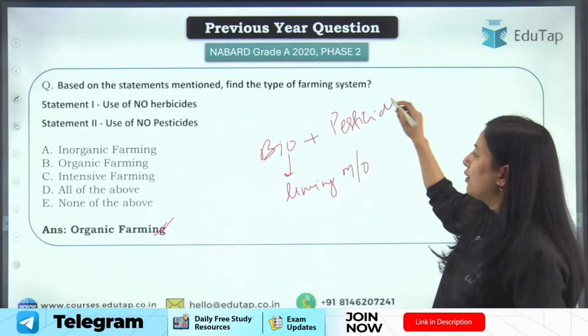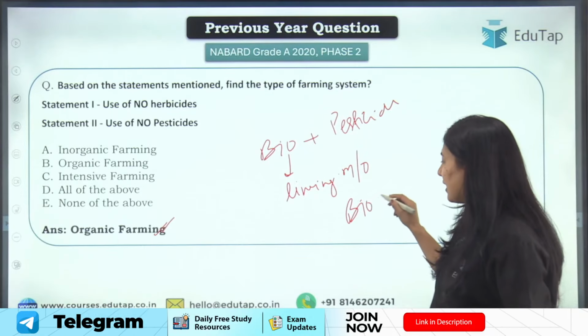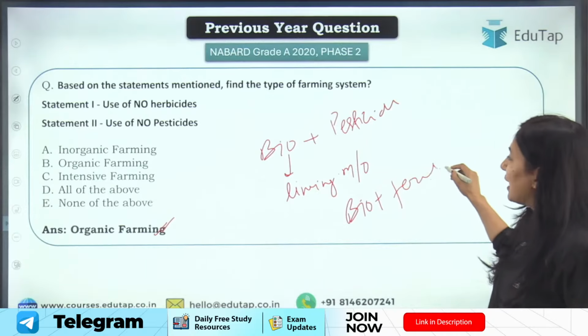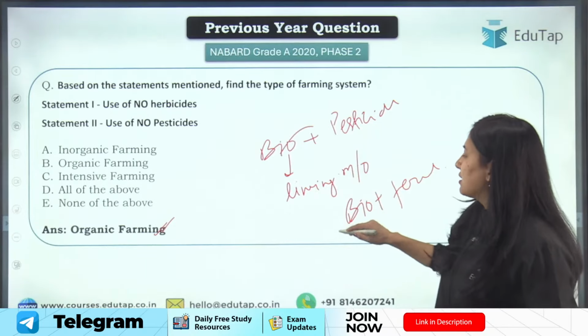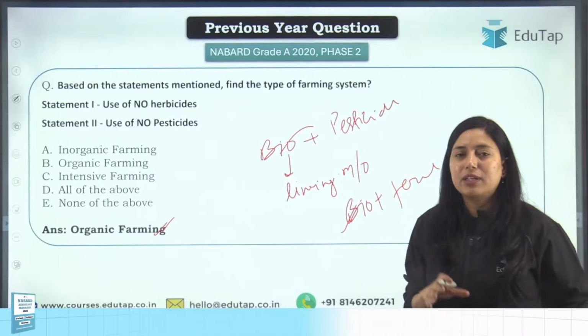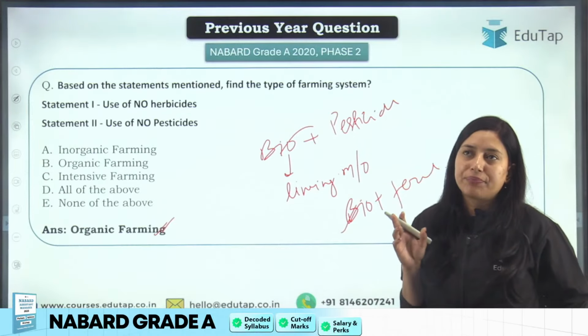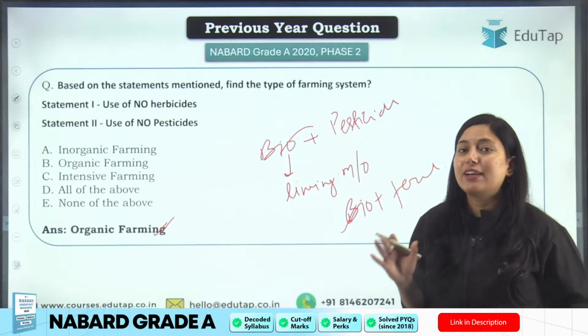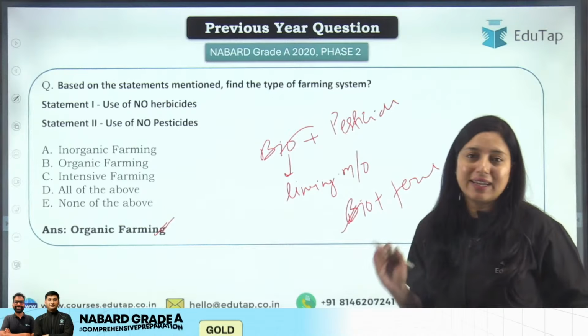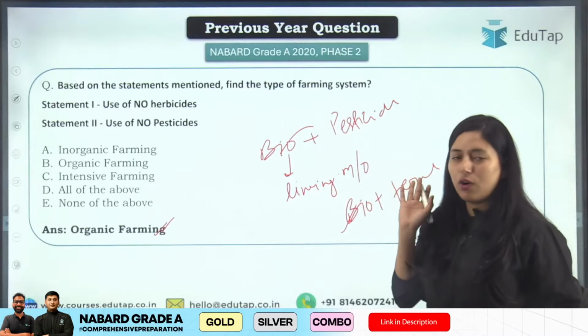Okay? So here we have biopesticides and biofertilizers, again the same microorganisms that will add nutrients to the soil are called biofertilizers. Biopesticides, biofertilizers, organic manure, compost, such things are used. We are not using any kind of chemical pesticide or chemical herbicide, even chemical fertilizers are not used in case of organic farming.